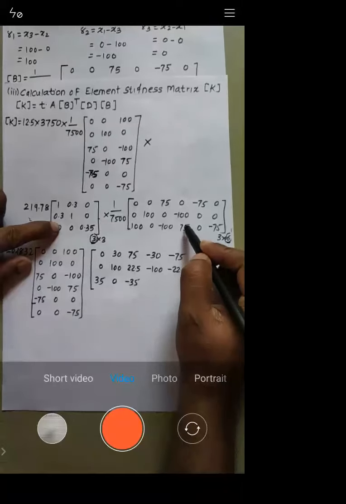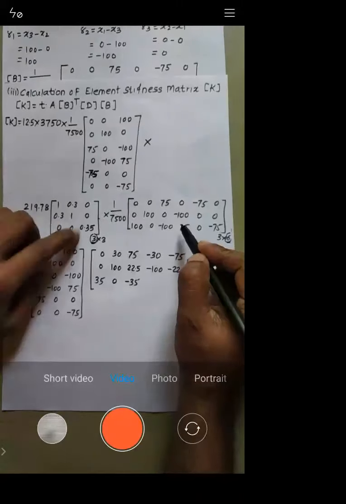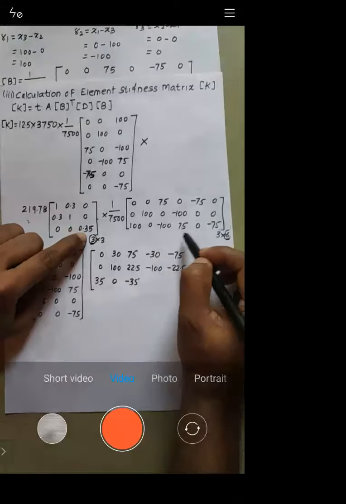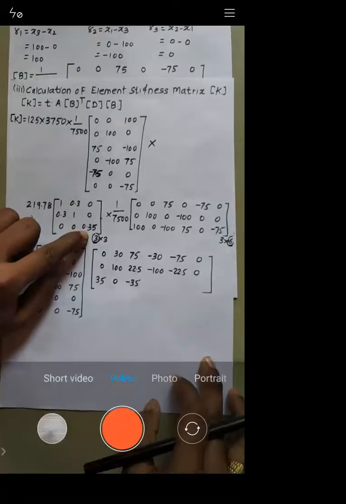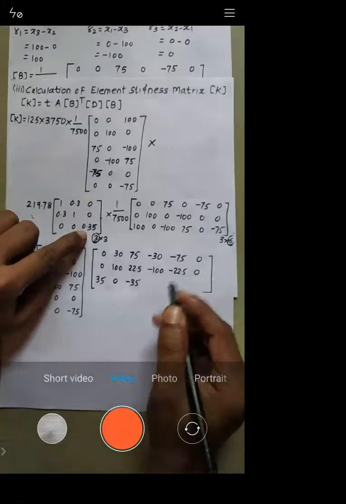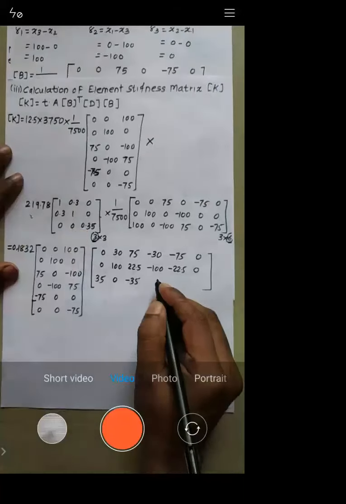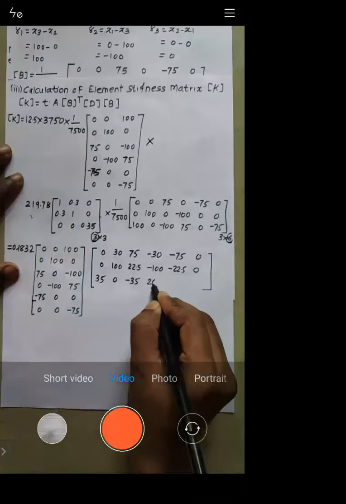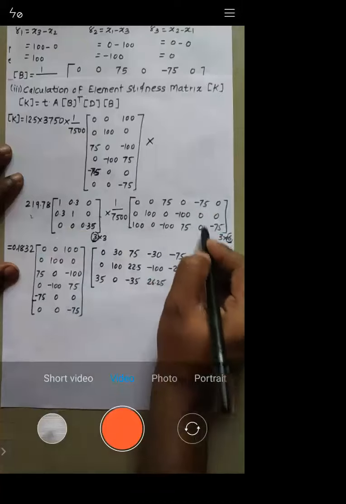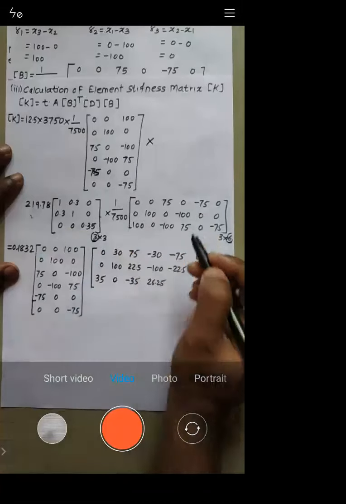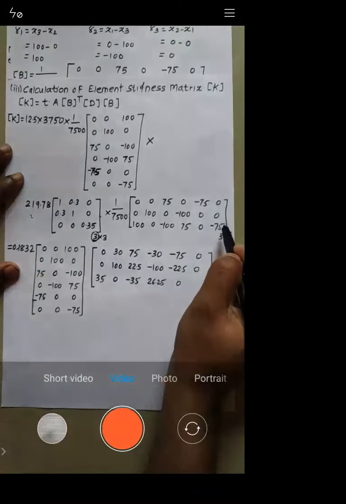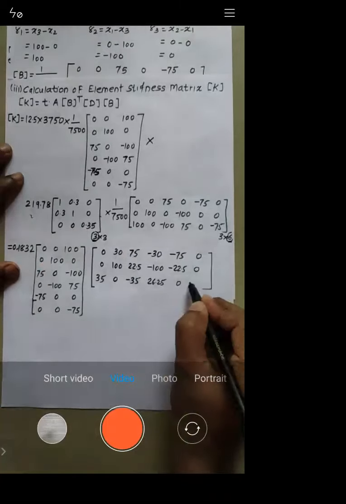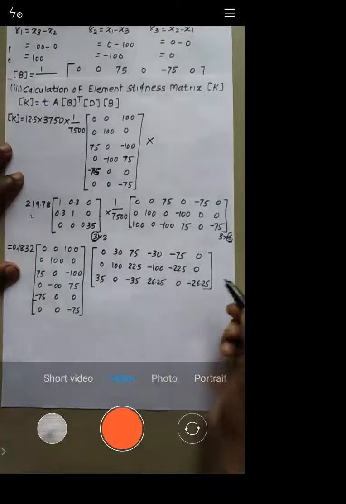Okay, now this initial two terms are 0. 0.35 into 75. Tell me, 0.35 into 75. See, this row into this. Tell me how much you're getting. 26.25, right? Now this row into this one, right? Initial two terms are 0 here, and this is again 0. So this is 0, right? Next, this into this. Initial two terms are 0, and 0.35 into minus 75. This is minus 26.25. Is it okay? Okay with this one?